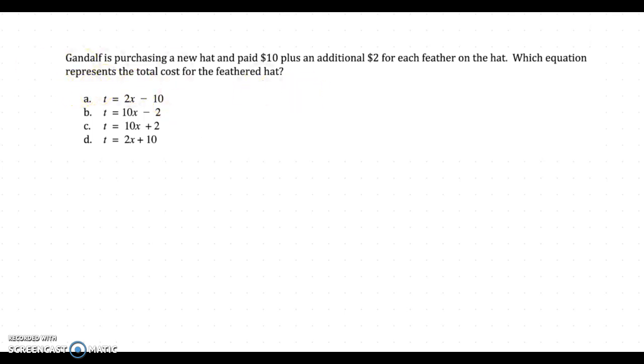We talked about how equations always have kind of the same pattern, and we really are looking at a starting cost plus or minus a change. And so our starting cost is the $10 that you pay for the hat originally. And then we are adding on a change, and so it says plus an additional $2, so we're adding that